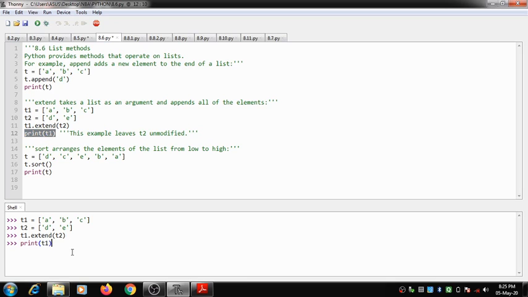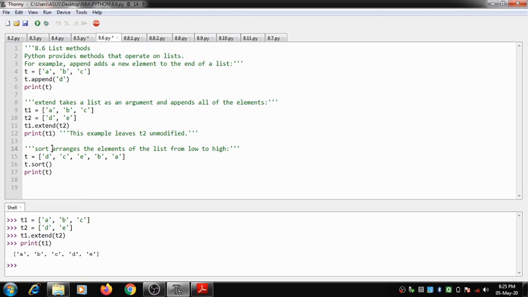Before, T1 contained A, B, C and T2 contained D and E. Now the new elements present in T1 are A, B, C, D and E. So you can see the extend method has appended multiple elements inside the list T1. This is how the extend method works.